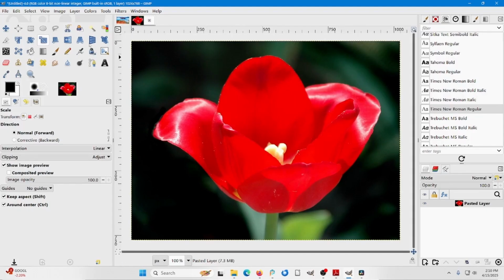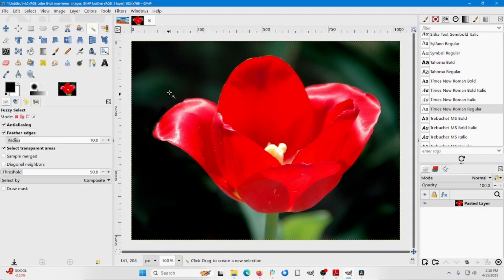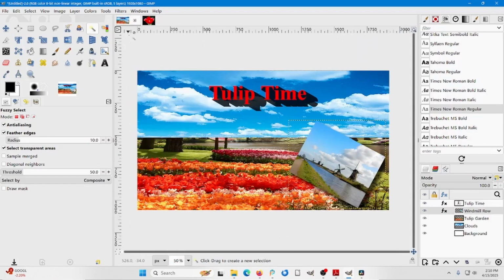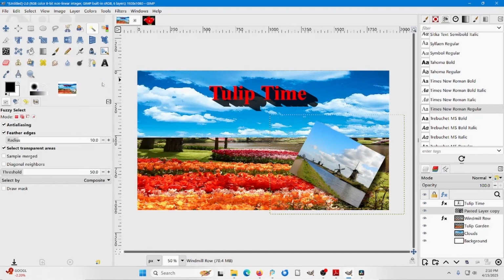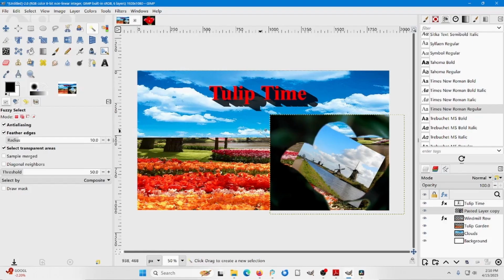Remember, we used the fuzzy select. I'm trying to isolate just the tulip itself. And now that I have just the tulip without any background selected, I'm going to copy that, Control C. I'm going to go back to my other picture, and I'm going to say Edit, Paste as a single layer,